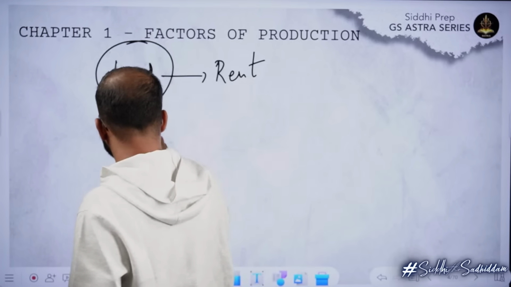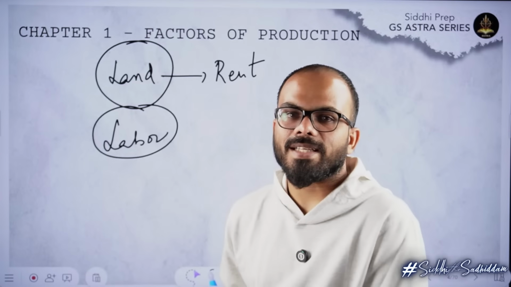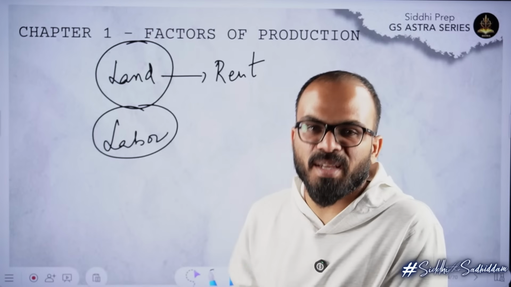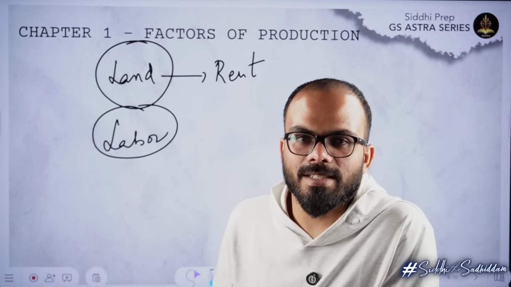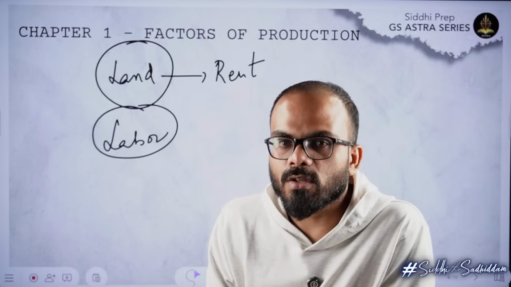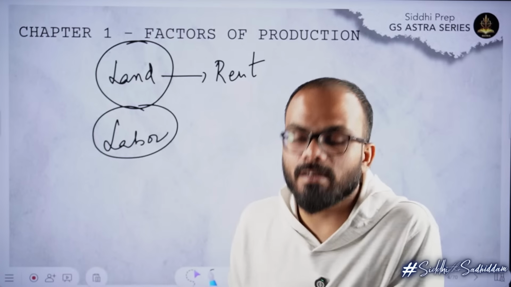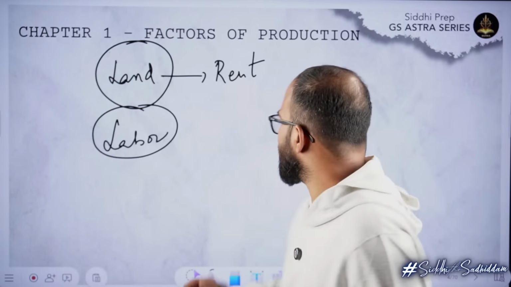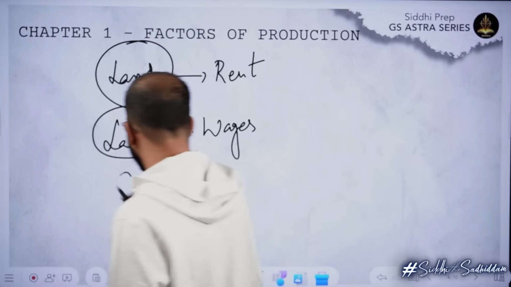Next thing, let's say I have a skill. Okay, I am a very good software engineer. I can deploy the code and I can reboot servers. I can do whatever is necessary to run a data center. So I am giving you my services of my skill. So what do I get in return? Wages, very good. Wages. Next, what about capital?